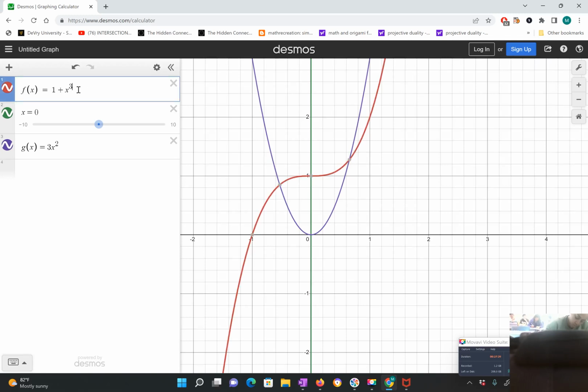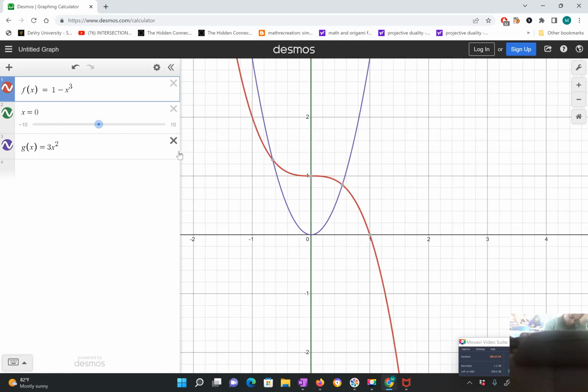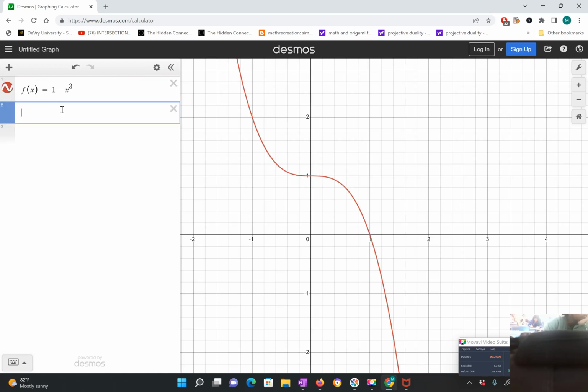So this one is simply 1 minus x cubed. That's what it looks like. If I were to differentiate that, I would get negative 3x squared. Do you see why we would say it's decreasing on both the left and the right? Yeah, because the negative flips the cubic function over, and therefore left to right it's going down and it keeps going down. So if I were to look and say this is g of x